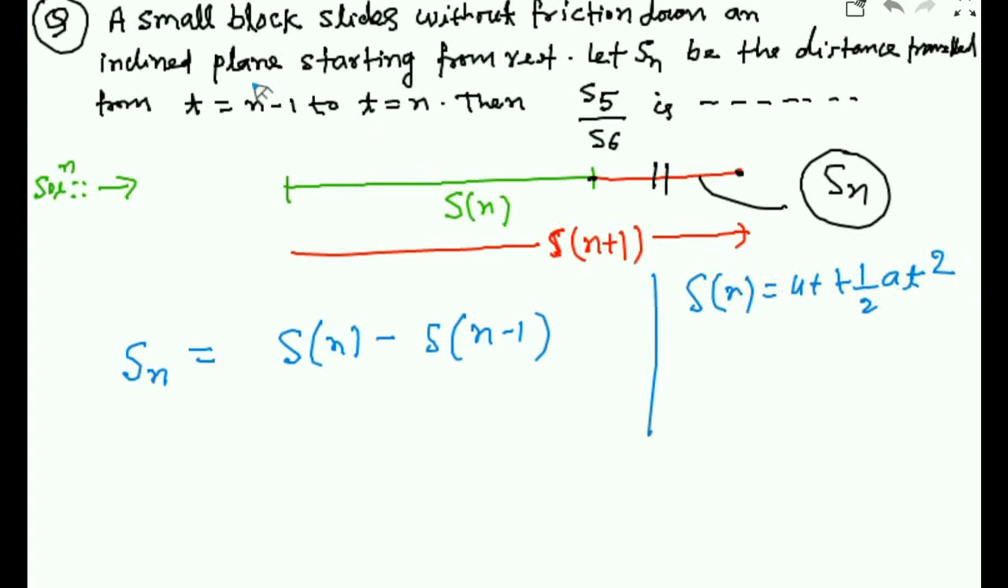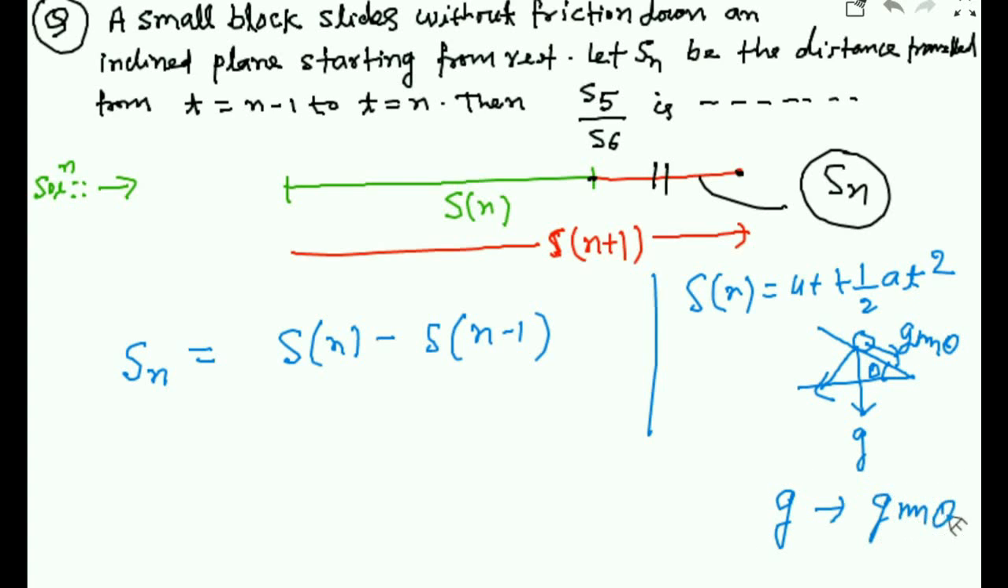But here the ball is sliding on an inclined plane. So suppose you have an inclined plane, and the ball is sliding. This angle is theta. You know, in this direction g always acts. So in this direction g cos theta, and in this direction g sin theta. So instead of g you have to substitute g sin theta for the inclined plane, and there is no